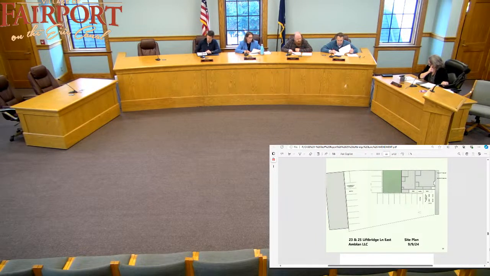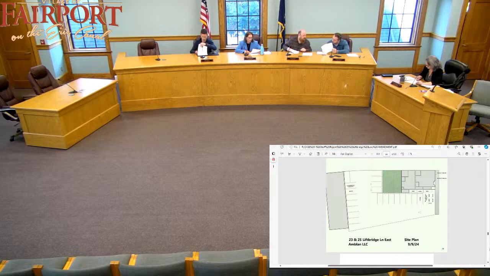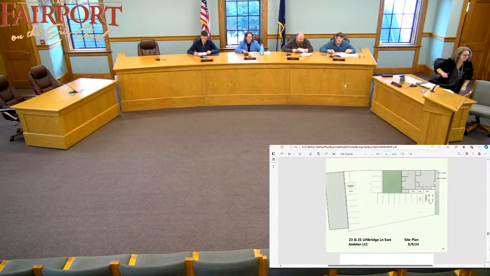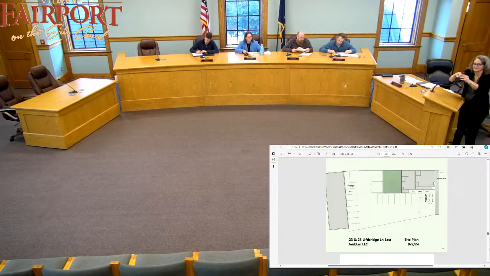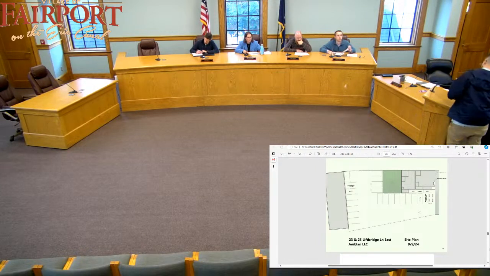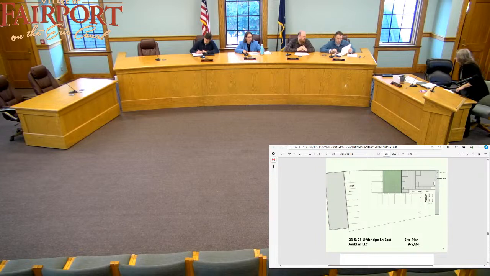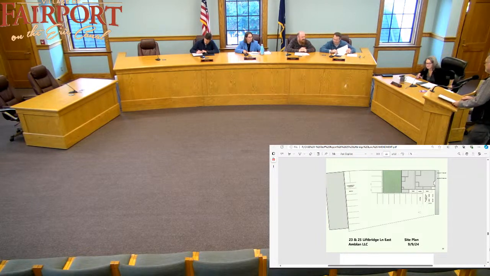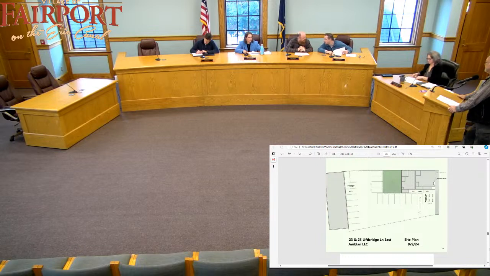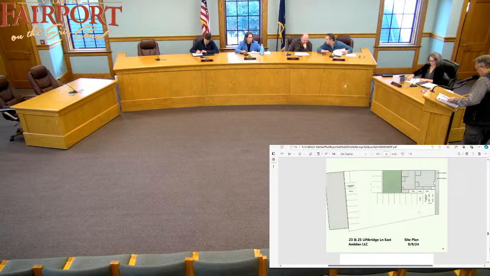And then we have one case today. It is for a site plan amendment to 25 Liftbridge Lane. Maybe I can get the applicant to come forward and explain the changes to the building. It looks great. I went for a visit a couple days ago, and I think the detailing turned out really nice. So if you can just walk us through what kind of changes there are and what you're proposing.